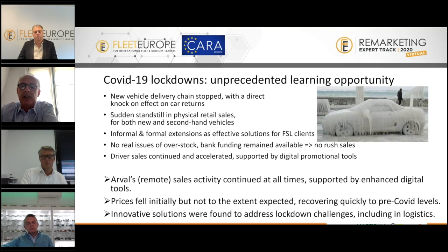So Bertrand already pointed out, informal and formal extensions were quite quickly part of the solution for most of our full service lease clients. It helped leasing companies as well, of course. Informal extensions are the ones where you know that your car is going to be delivered but don't know exactly when. And then, of course, you stick with your previous car as long as needed, and that means less supply to sell. Formal extensions is something that most of our bigger clients, corporate clients in the first place, got used to dealing with already